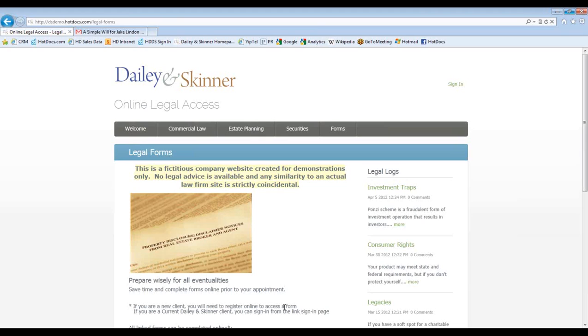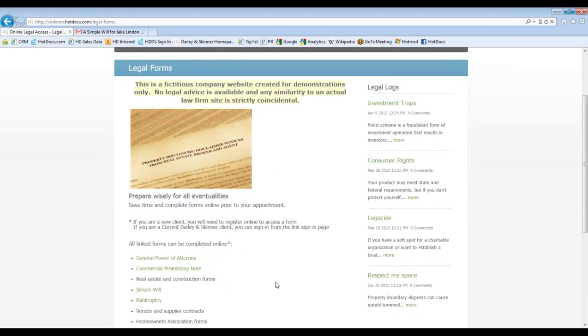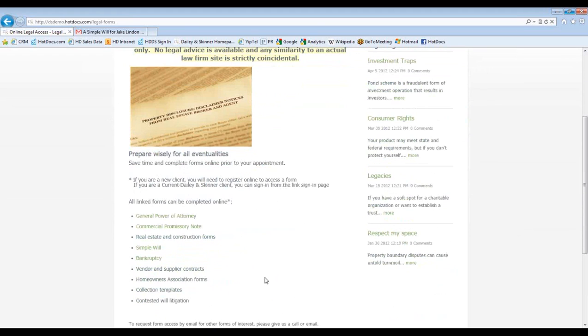So let's first start with the website link. Once you have your templates uploaded to your site, you can take links to those templates and post those on your corporate site. So you can see here, this is a Daly & Skinner website, and they have some links down here to some different forms. So you can simply tell Jake to go to your website. He clicks on this link here,